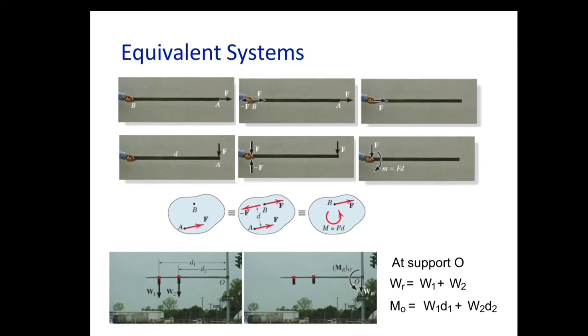So it will cause a moment of M equals F into D, and there will be an extra force F. So this F and this moment applied at B are equivalent to the force applied at A. This is nothing but the equivalent system. So what we have done is we have transferred the effect of this force F at A towards B with no change in the body. So that is equal effect. For providing the equal figure, we have converted the single force into a force and a couple system.